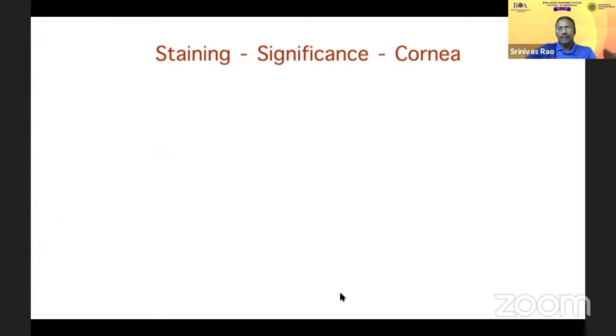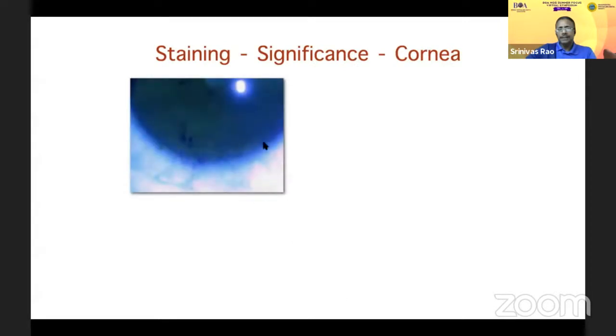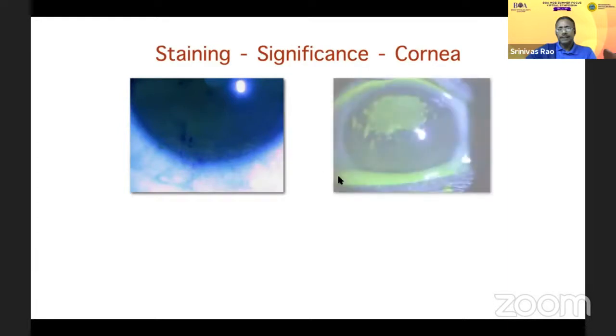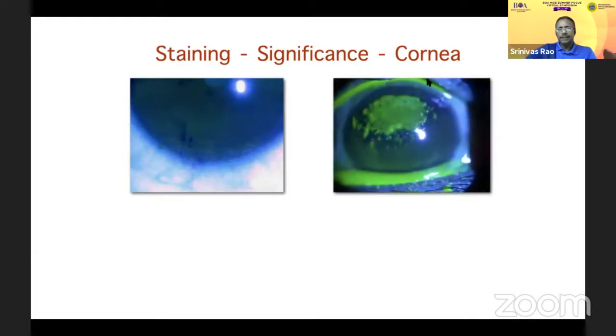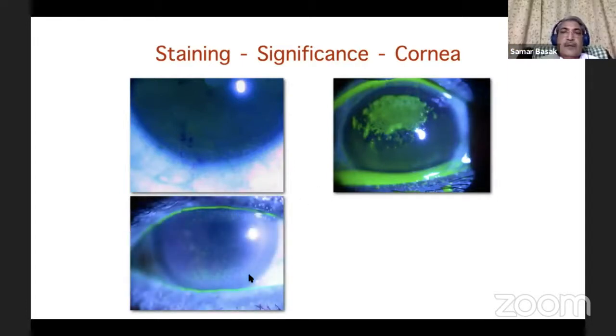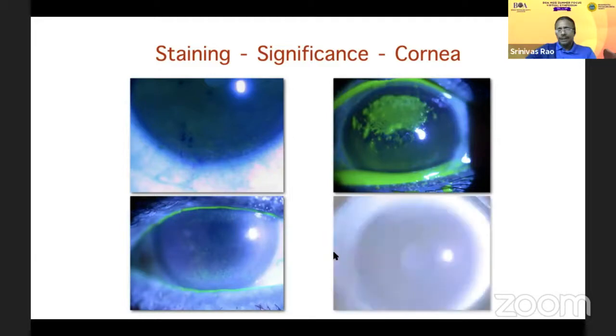In the cornea, if the staining is only in the inferior 1/3, it generally depicts lid margin disease. This is because of the toxins pooling in the tear meniscus. If it's only in the upper 1/3, it has to do with the upper lid, typically allergic changes. In the interpalpebral exposed area, it often indicates a tear deficit.